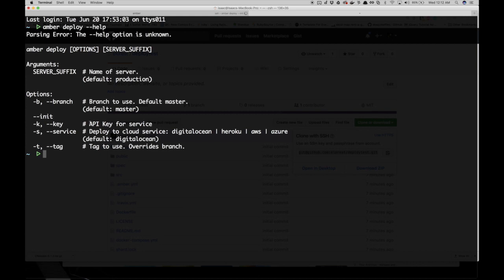The other options we have are init, which is going to actually create the server in the first place. Most of the time when you're deploying code, you're just going to use Amber deploy instead of Amber deploy init. But when you first need to set up the server, you'll use Amber deploy init. Next, we have the key command, which would allow us to pass in the key for the